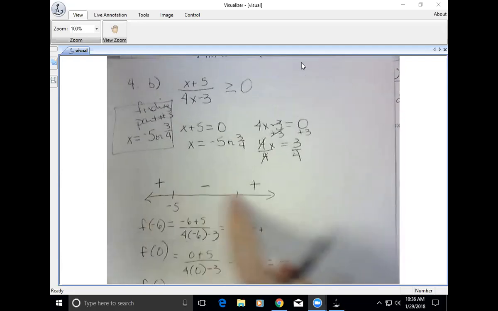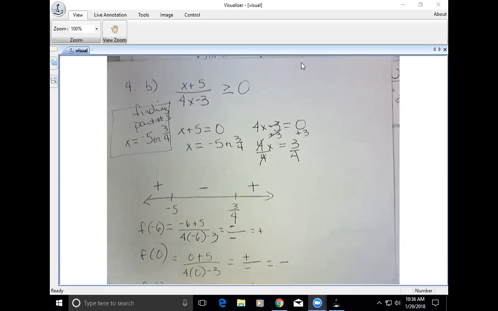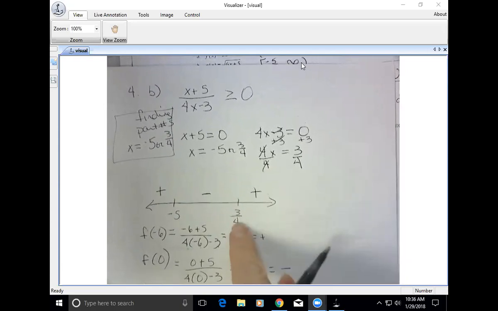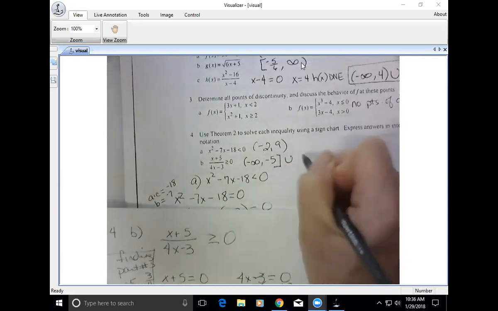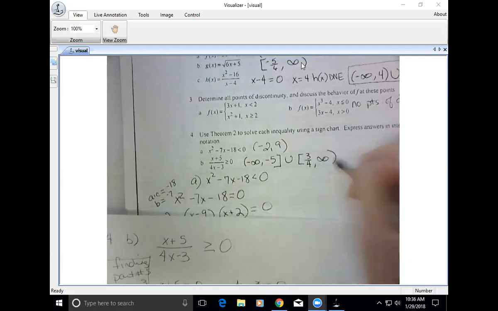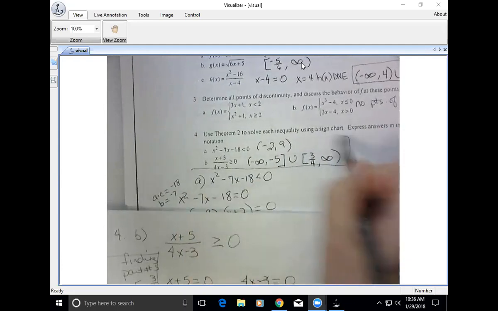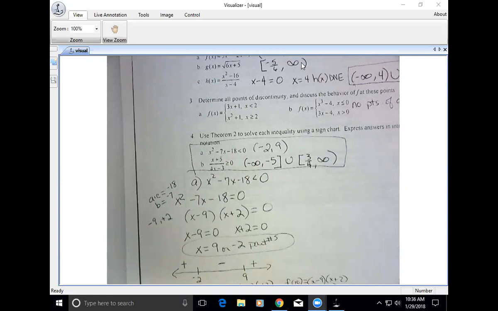But I also know there is another section. And where does it start? It starts at 3/4. And because of the or equal to, I want a bracket there. And it goes to where? Positive infinity. Those would be the values that would provide the solutions for that. So we really weren't finding limits on that, but we were using some of the tools to be able to evaluate these inequalities, and that's going to help us